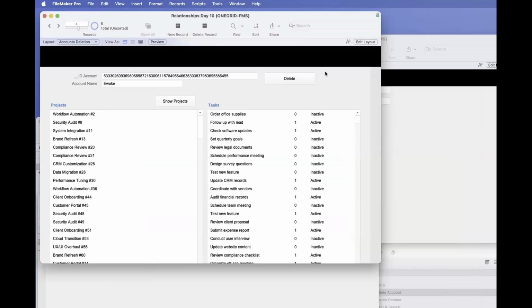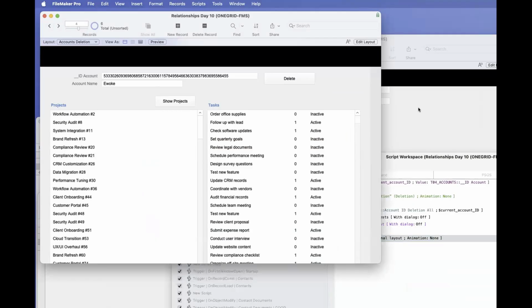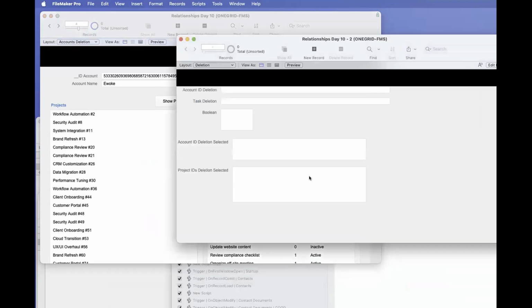If you have a very simple deletion system, where you say, okay, for that account, delete all projects and all tasks, yeah, you can go to layout, perform find, look for the records for that account, delete all. You can do a script like this, right? But when it comes to doing what I just did here, delete this record, but not this one, keep those, and in these two accounts, delete those,